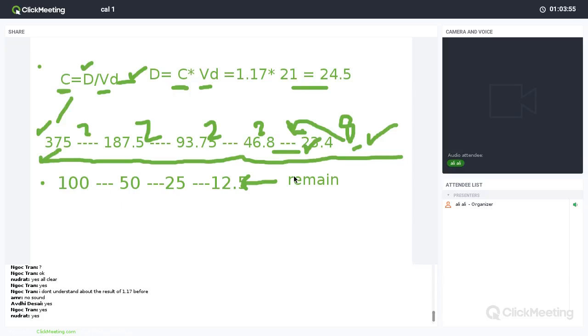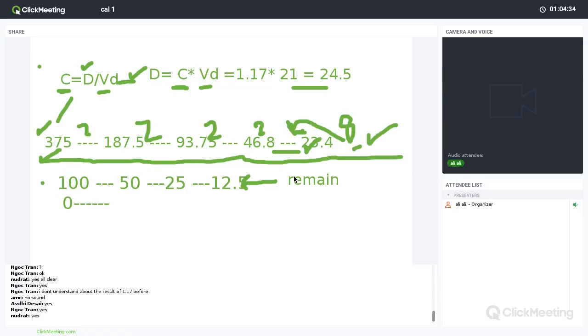Again, I will repeat this. He asks how long it will take to eliminate 75% of the medication out of the body. Now I have 100%. After one half-life, it will be 50. After another half-life, it will be 25. After another half-life, it will be 12.50. These are the remaining values. Now I have a parallel view of the same values. I have 100 in the body, so it will be